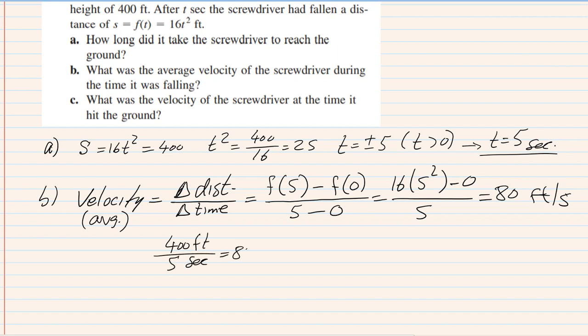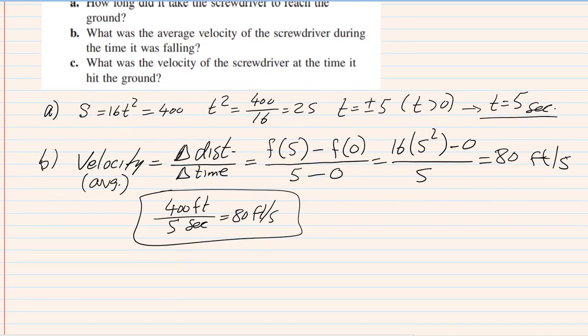There you go, 80 feet per second. But again, because that's just an average, instantaneous is going to be different. This is the easy way of doing it, but we want to make it a little fancier, so we use